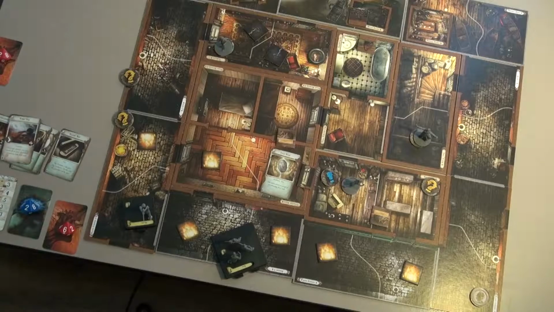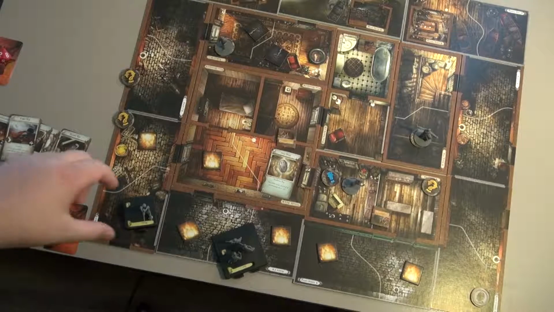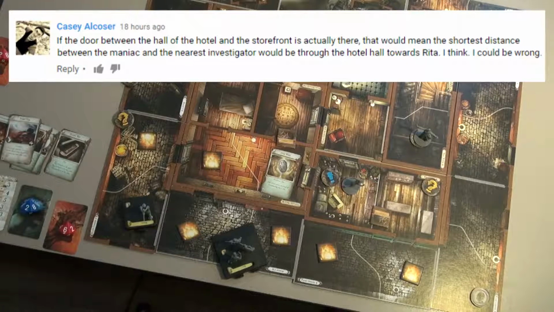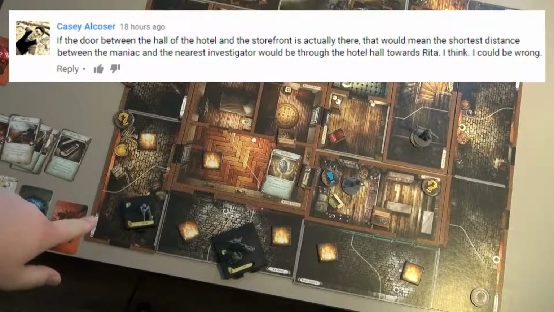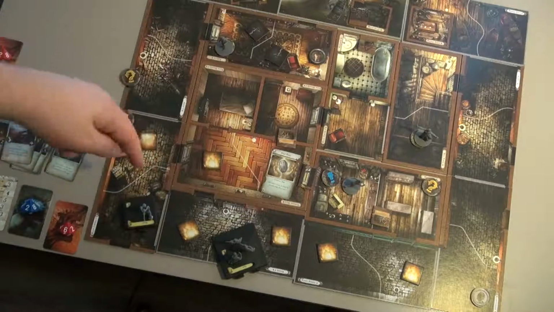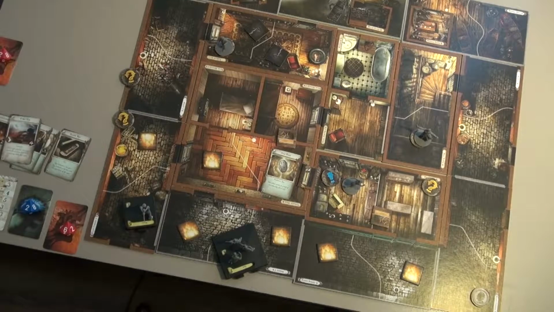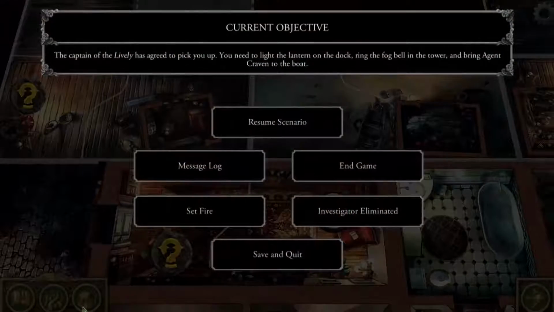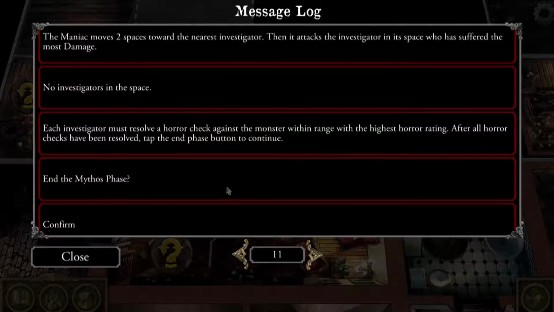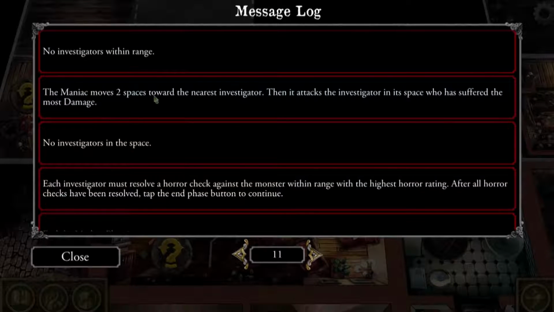Yeah, there was actually a mistake, by the way, in the last turn with the movement of the Maniac that was pointed out to me by one of the guys watching the thing. Thanks for that. Basically, I moved him here 2 spaces from here. Still, he took 3 damage, but he was supposed to... If I come over here to the message log,